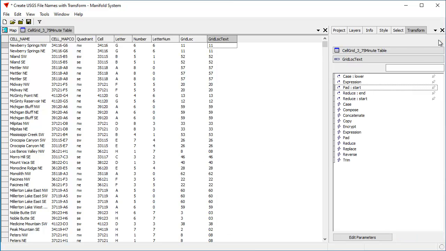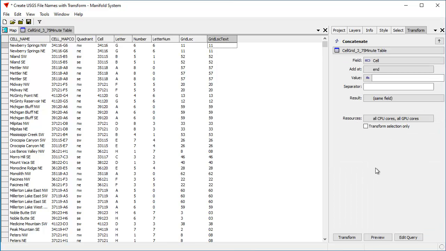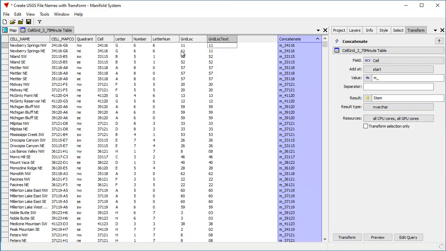What I will do is go up one level, and I'm going to choose cell, because I want to base it all on this cell. Now I'm going to choose the concatenation, and we'll start with concatenation where at the start we're going to add m underscore to form that file name. The result is going to go into a new field, which we will call stem, S-T-E-M. Spell that right, and choose preview, and that shows how this is going to be concatenated with m underscore to form that. Click transform, and there